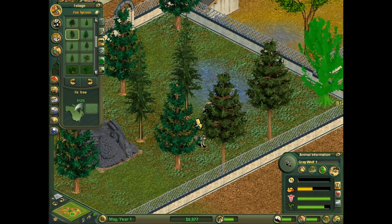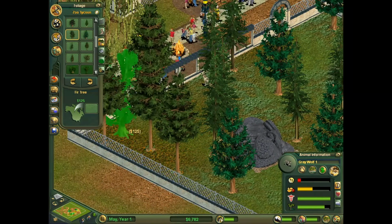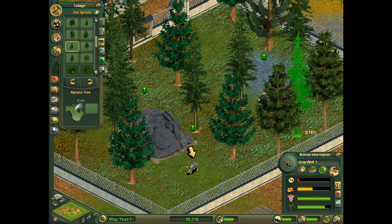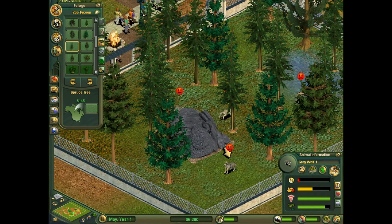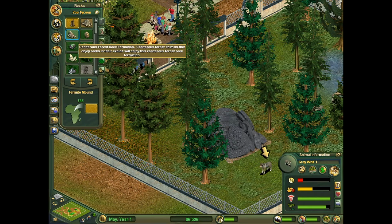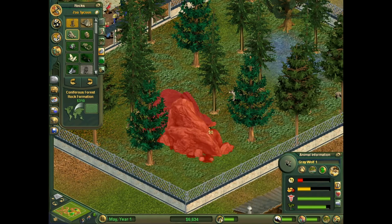Spruce, we've got some spruce already. So fir tree. I like the fir tree, but. And then some more spruce. Just to spruce it up a bit, you know. Get it? Spruce it up a bit, because it's the spruce tree. Okay, that's too much. And more rocks. Alright. Now, I think we can just do the Coniferous rock formation, because, you know, they're wolves, so they like...